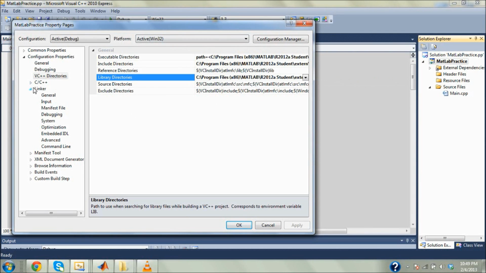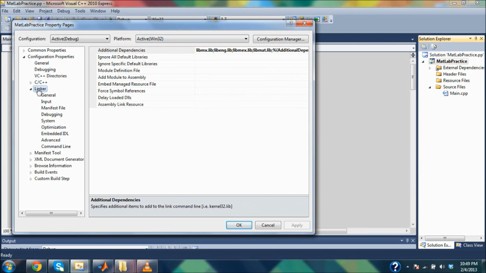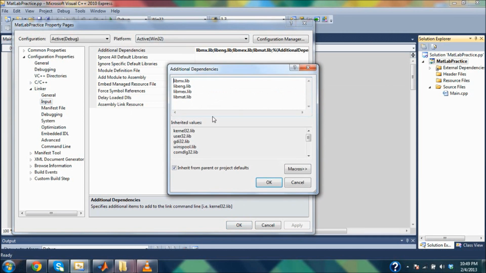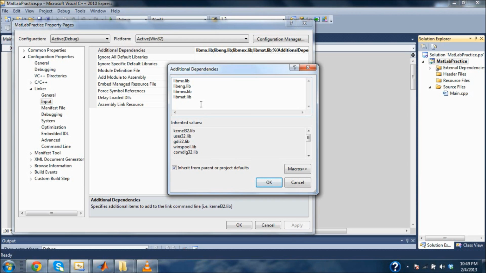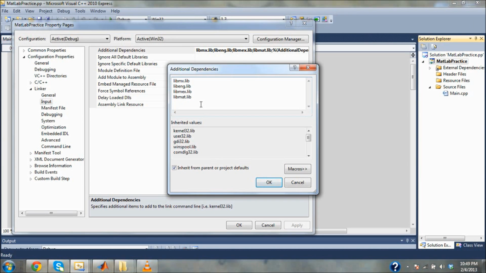Okay, so now we need to go to linker, then go to input, and then you need to copy and paste these 4 things in here. These are lib files, and these basically define stuff for MATLAB. They allow us to access MATLAB through Microsoft Visual C++. They hold the commands. So you're going to basically just need to copy these. I'm not sure if you need all of them, but I know that if you have these 4 right here,